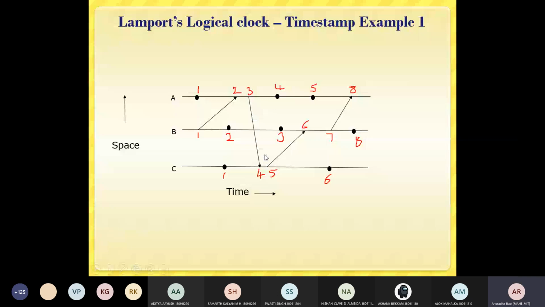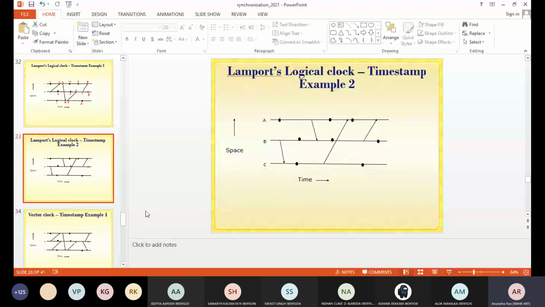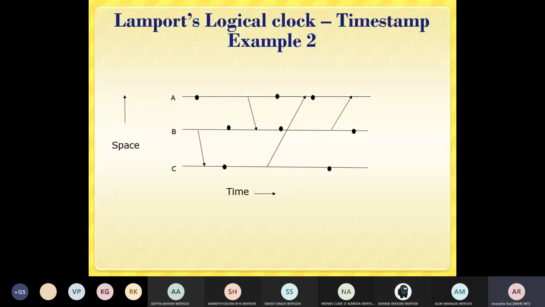Yeah, this is the second example. You can just write it down and then see the ordering which you can give. Quickly write down and then try to give the timestamp ordering. For your quiz or your assignments or your coming examinations, you might get such a space-time diagram, and then you will have to timestamp according to either the logical Lamport's clock conditions or vector clock conditions. Just quickly do it now.